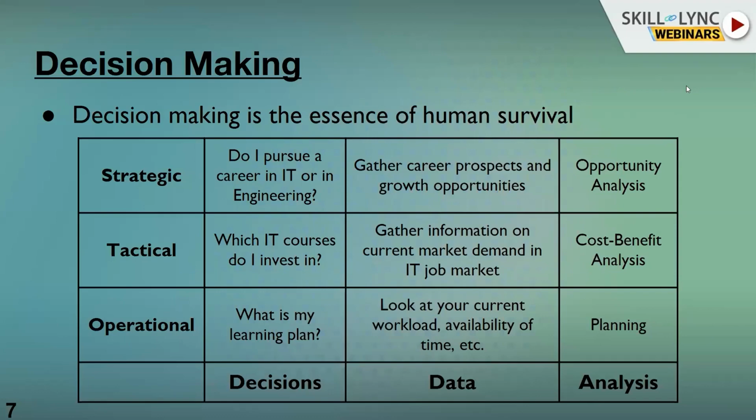So that is the information that you will look at, and based on that information you will take a decision. But obviously, do you know everything? Do you know for sure that if you pursue an IT career, this is the place you are going to be in the next 5 years, in the next 10 years, or this is how much salary you are going to get, right? That kind of information is never clear to you, right? So we always take our decisions with insufficient data, and that is where the real challenge is, right?